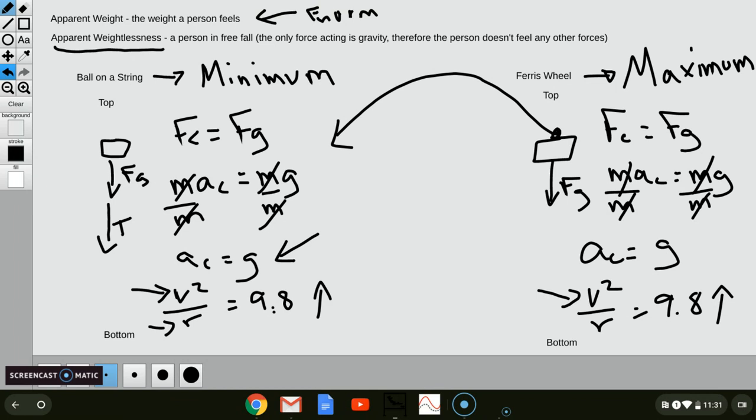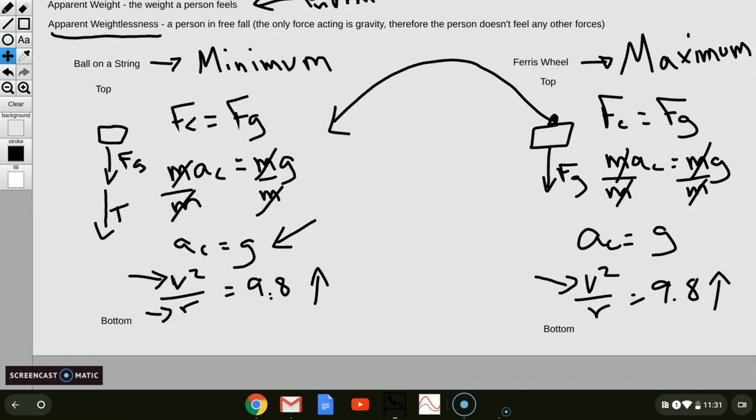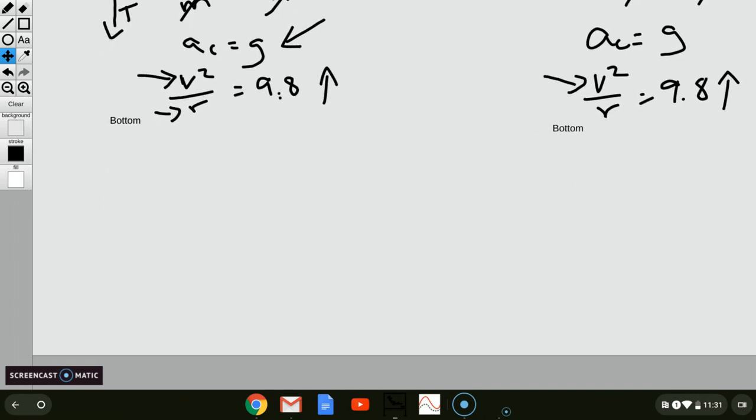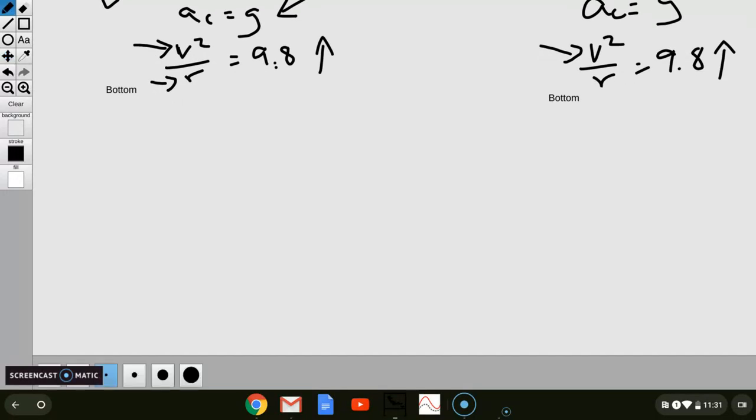Now, what we've learned so far is that in both a ball on a string and a Ferris wheel, so all vertical circles, can have a weightless velocity, a moment when the object feels weightless, as long as we hit the certain velocity. If we know the radius of the circle, we know exactly how fast it is, and we can create weightlessness. Now, is it possible to be weightless at the bottom of the circle? The answer is no, it's not. And here's why.